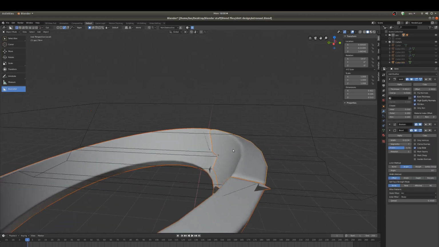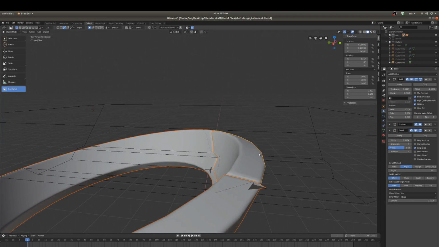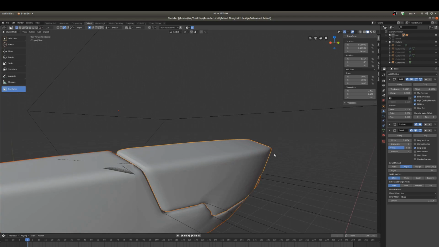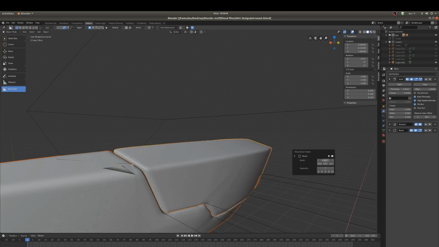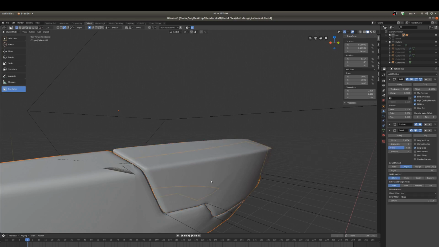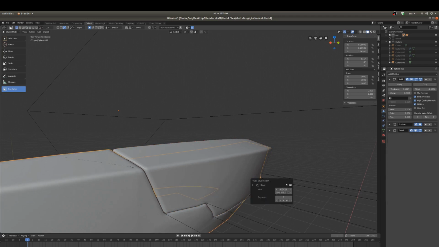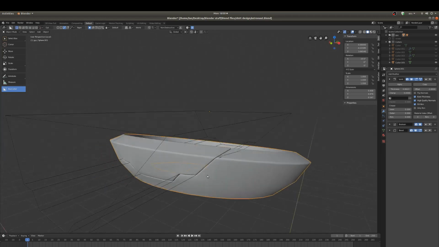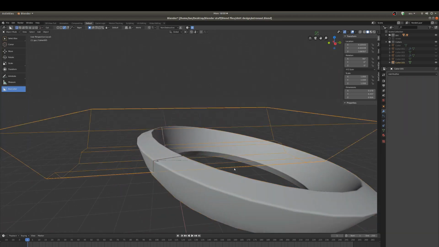To fix that, you might want to work with the bevel. In HardOps, you can actually do that by hitting Q and choosing bevel helper. Bevel helper is what you want. So you can work on that. That might fix all my problems over here. Let's see. Yeah, that actually fixes a whole lot of the problems. And there's a little bit going on here, but